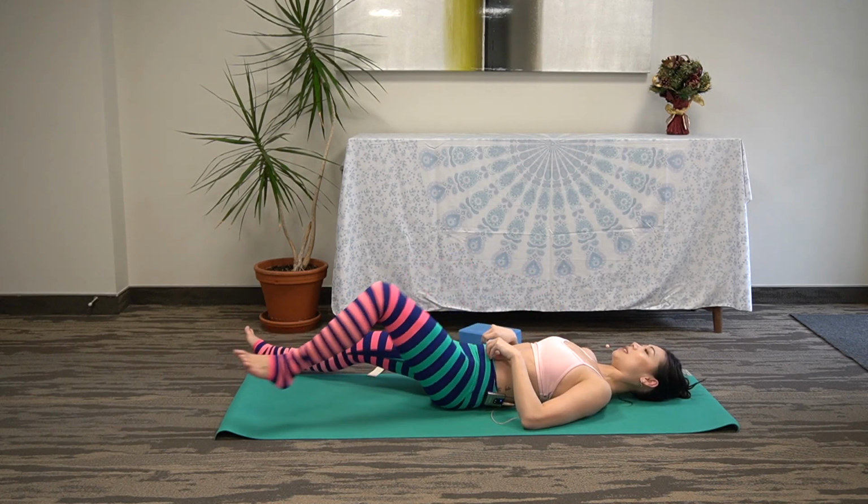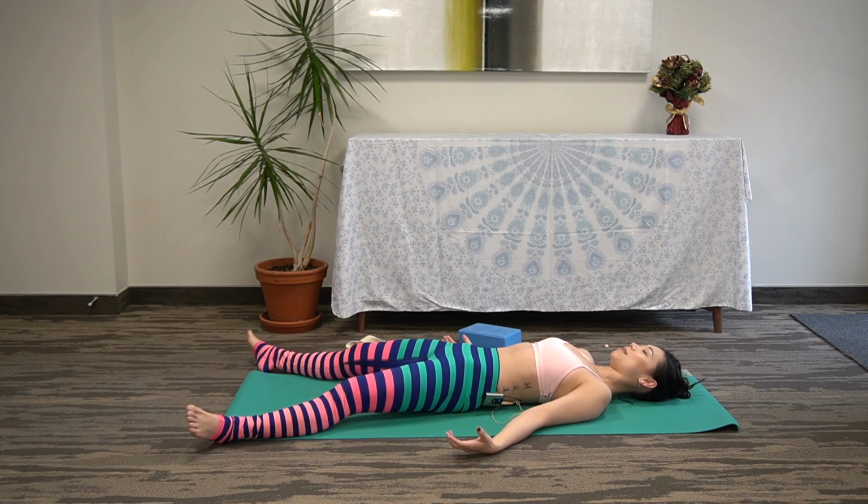And release the feet down towards the floor. Arms beside the body, palms facing up. Taking a moment, allowing your breath to slow down. Start to surrender and let go of any breath retention, any stress lingering in the body. Feel free to stay here as long as you need in Shavasana,